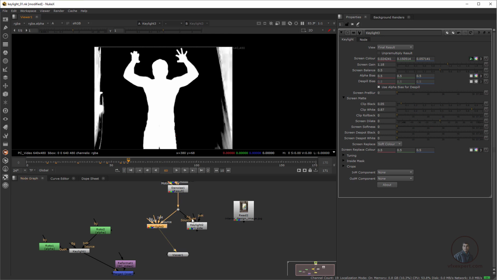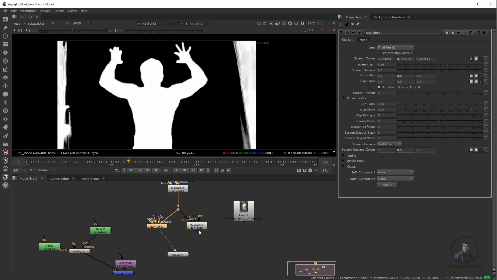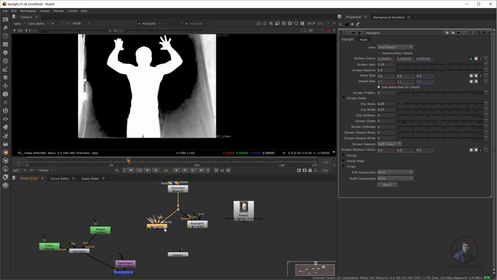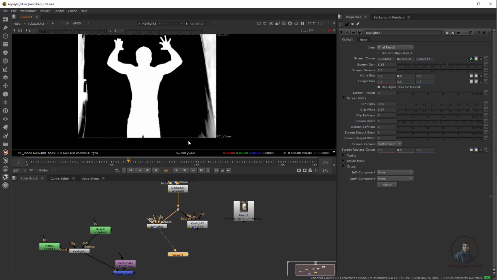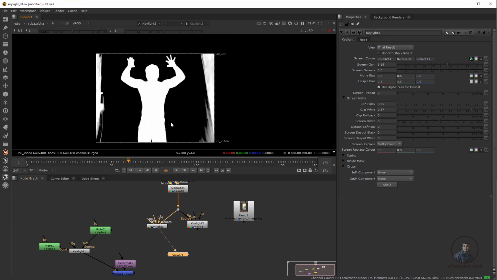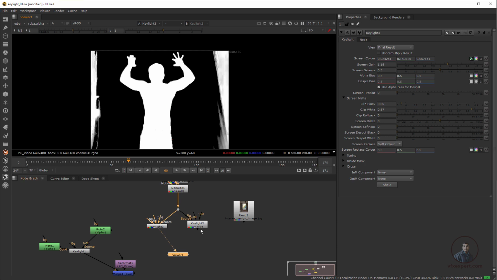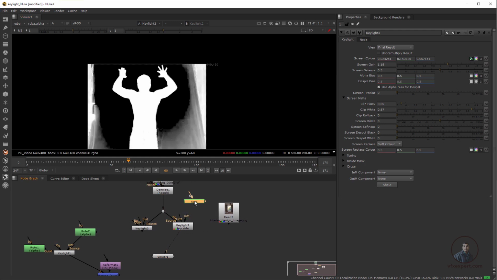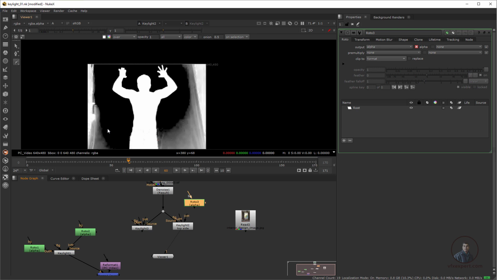Now after this we have to combine these two Keylights. With the help of this Keylight, select it and press 1 here. I have maintained all these details here, and with the help of the other Keylight we maintain these details here. Now we have to merge both Keylights. So how can we merge? First we take a Roto node. Select this one and press 1. This is our focus area or top area. Press O and take a Roto node and create it roughly.